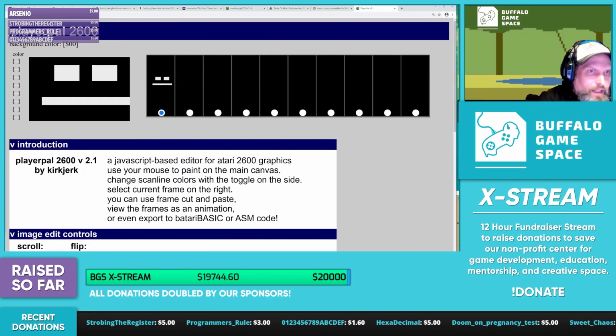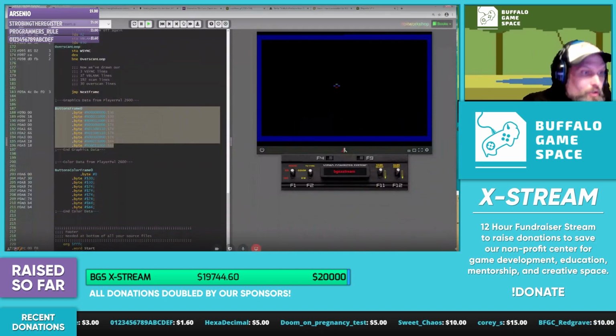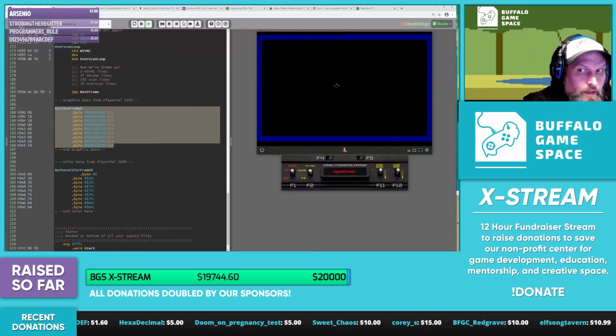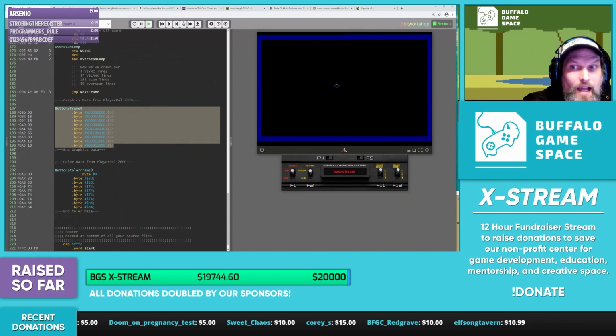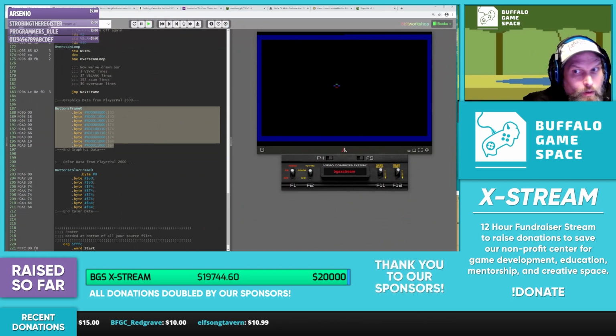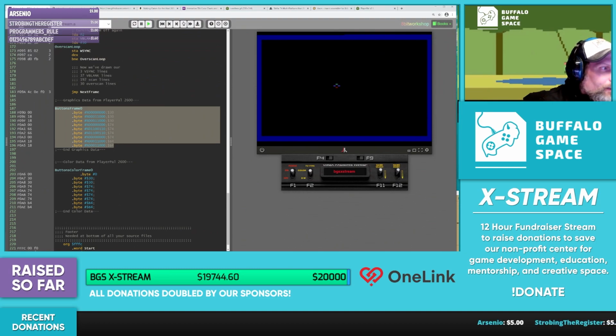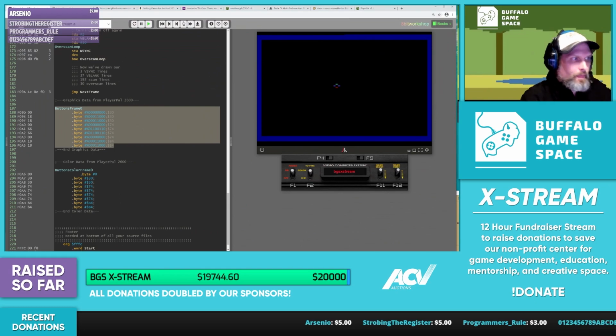So this is what a sprite editor looks like for the Atari. But again, when we're talking a multi-line sprite in the 2600, you're literally just turning things on and off. And remember, there's only 2 sprites. So when you start to think of a game like Pac-Man and how many things are on the screen, getting to the point of being able to do something like that is, for all practical purposes, magic. And sort of getting to the end of this section,